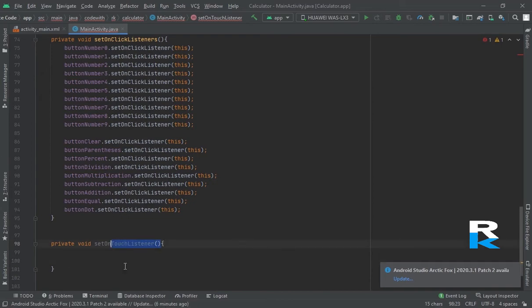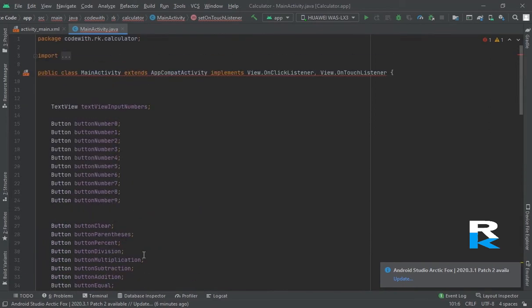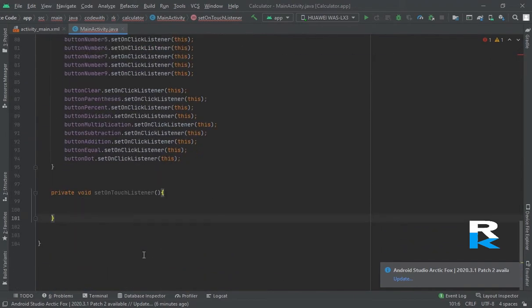Now in this we would create the onTouchListener. After creating this, when we click on the button, it should change the color of the button.